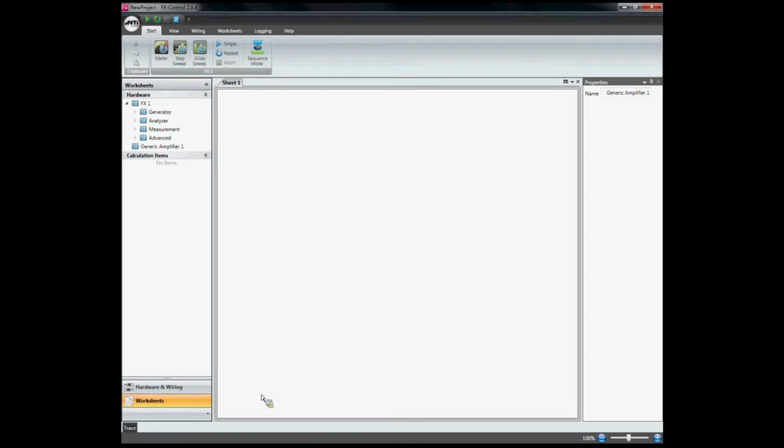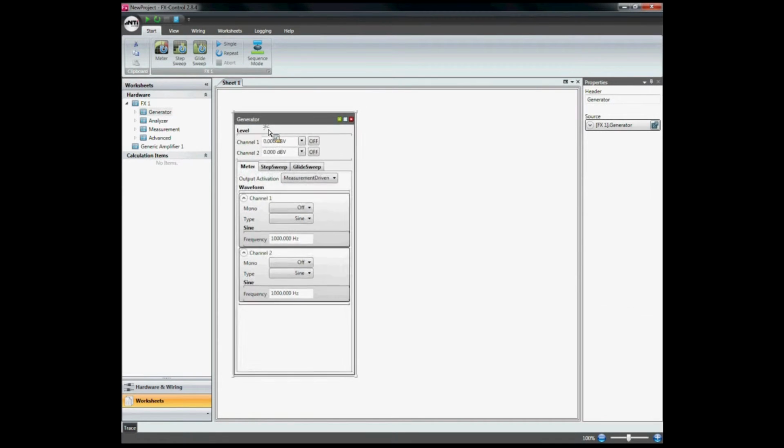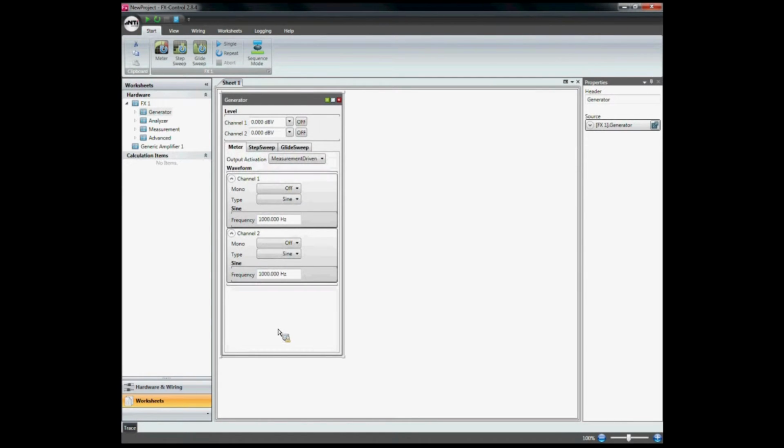So let's swap over to the worksheets view, and my first step is that I want to determine the output power of my amplifier. So I need the generator properties. I drag and drop them here on my worksheet. I unmute the output, and let's start with an output voltage of minus 10 dBV, and our first step would be to measure the gain of our amplifier.